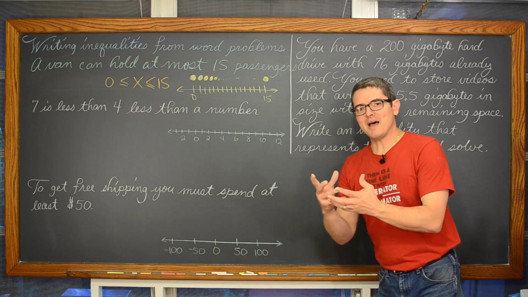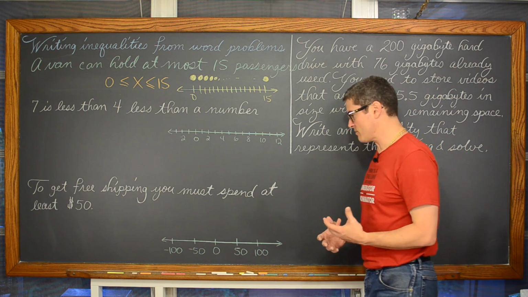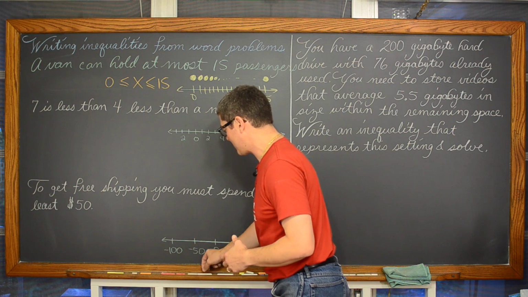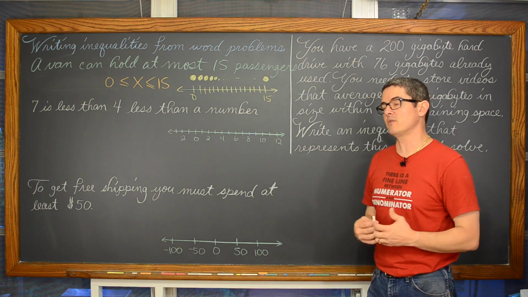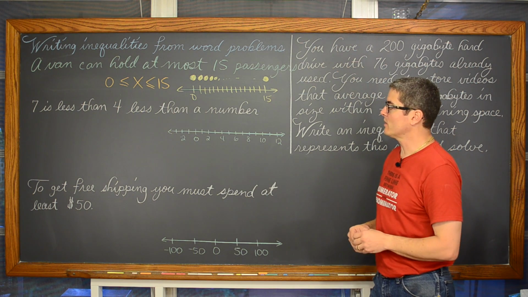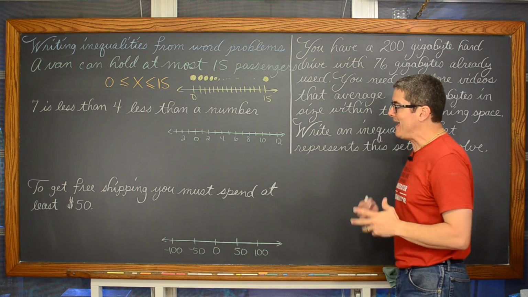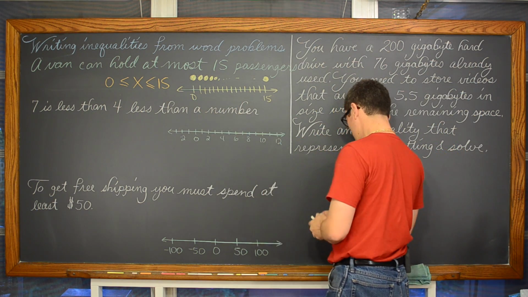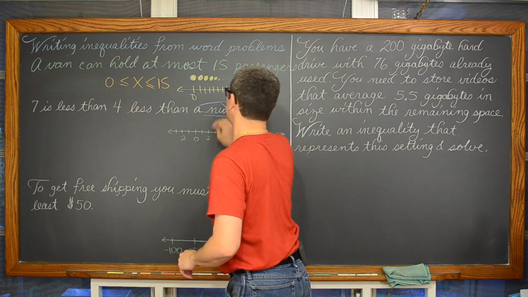So, the foundation of math that you're learning in this sort of pure algebraic class has real life applications, but it gets a bit more complicated when you think about the appropriateness of your numbers and how they apply to that real world setting. 7 is less than 4 less than a number. Again, a general expression about just some random number. Well, not maybe totally random, but an unknown number.